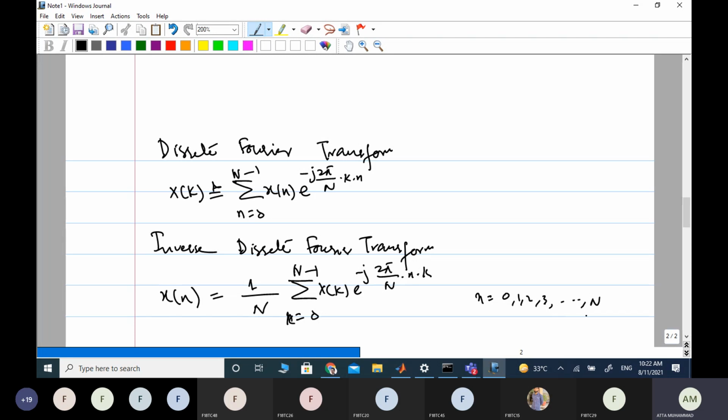Now remember one thing, that DFT and inverse DFT are always computed from 0 to n minus 1. We don't go beyond this. Beyond this is a forbidden region, on the negative side or greater than n minus 1, because at sample n what you get is the same value as x of 0. If you compute x of 0 or x of n, you get the same result.